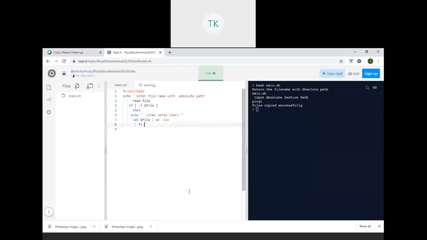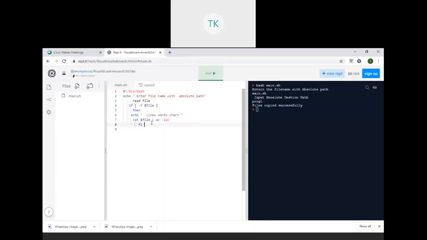Here I try to see exercise 9a. Write a program to count the number of lines, words, characters in a given file. In order to count the number of lines, words, characters in a file, we use the wc command. By using this wc command, we can find how many lines, how many characters, how many words are there in a given file. So that is what, right?